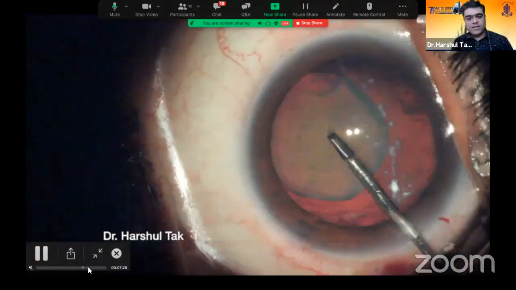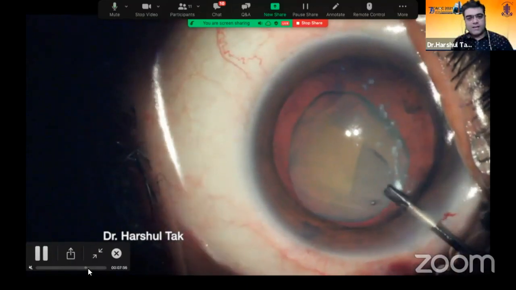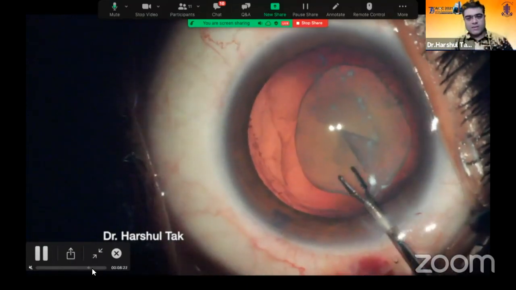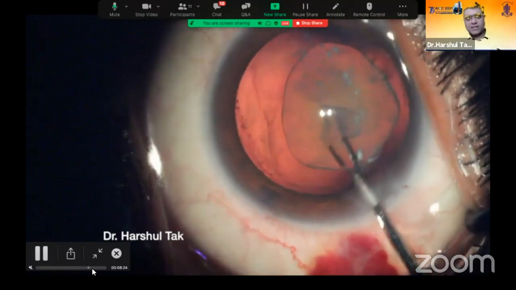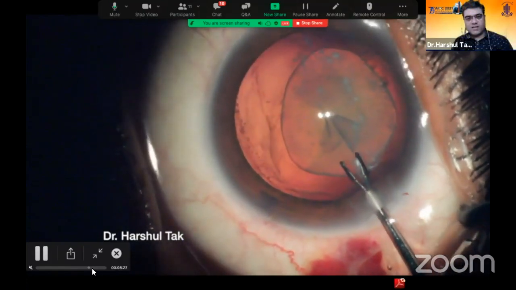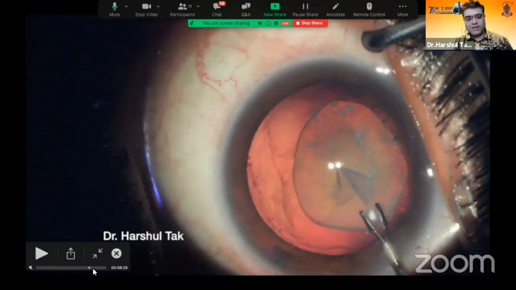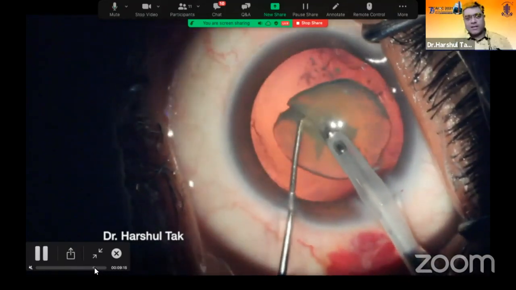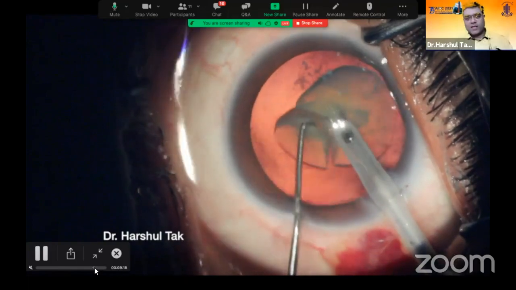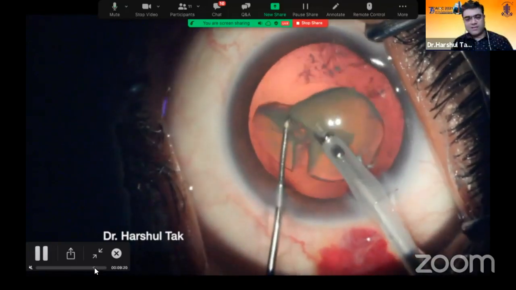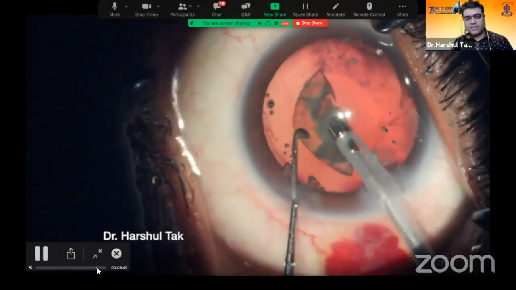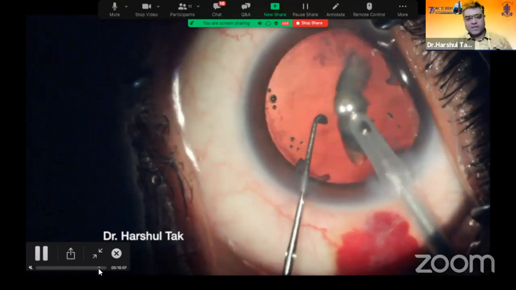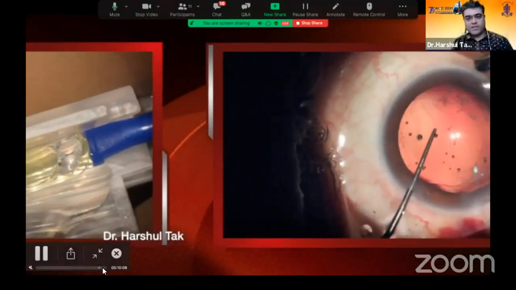This is another Morgagnian cataract. Make the capsular axis. In this cataract, there is only this small nucleus which is there, no cortical matter at all. So again, hold it. So you need to have a good hold here and chop it into smaller pieces. This is the last piece which you take off, and put the IOL.